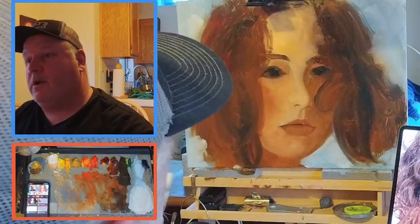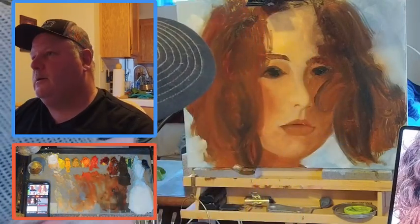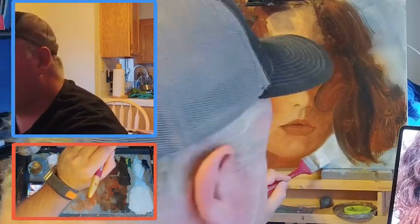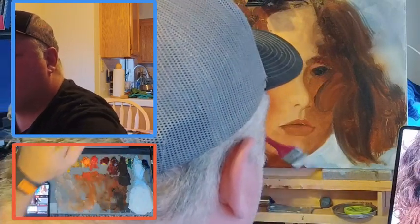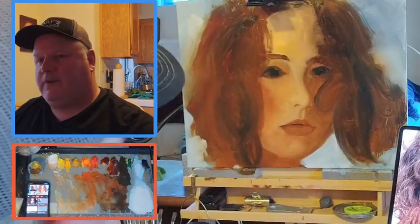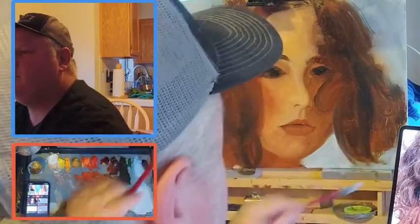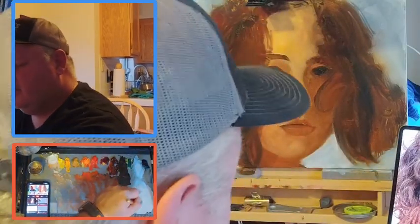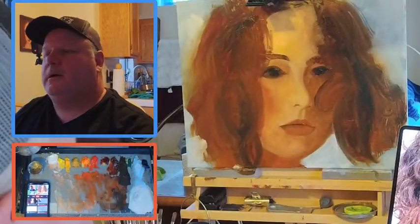But we're very consistent with our Wednesday sessions. It slows down for the holidays, but after the new year, we get about every Wednesday between 15 and 20 artists. I think we've maxed out at about 25 artists, which is a lot. I don't think I get to paint. Yeah, that's too many. I'm too big and take up too much space. When we have 20 artists, I'd just as soon sit in the back of the room and paint something from my tablet. But anyways,